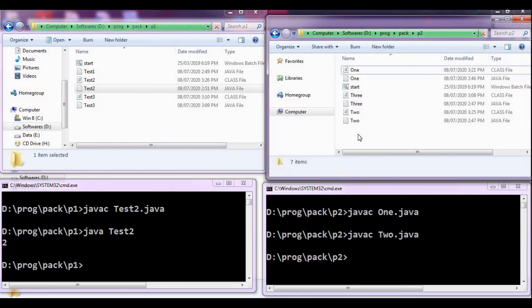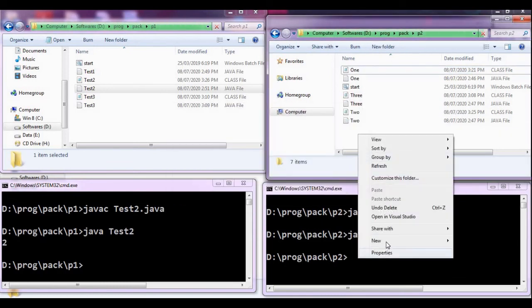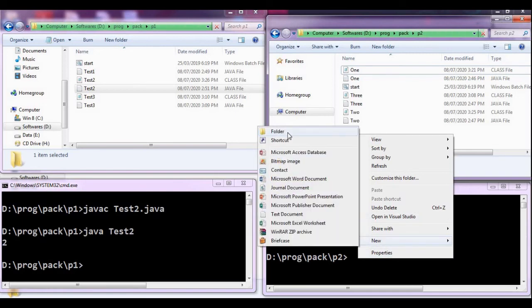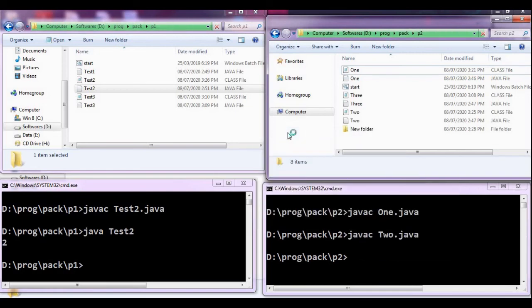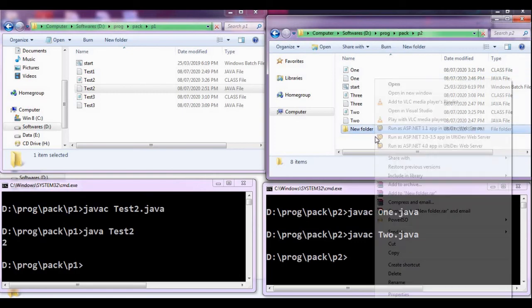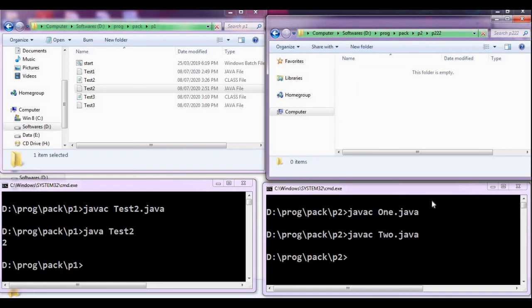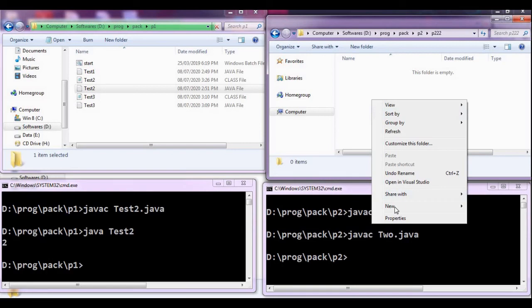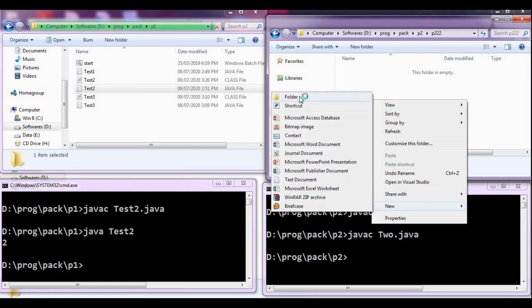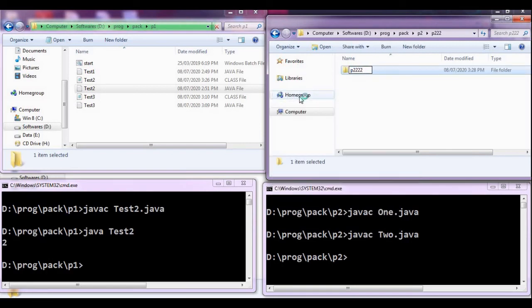We are in the P2 package or P2 folder, so we will create a new folder, and inside that we will create another new folder, P222. Here we do not have any class.